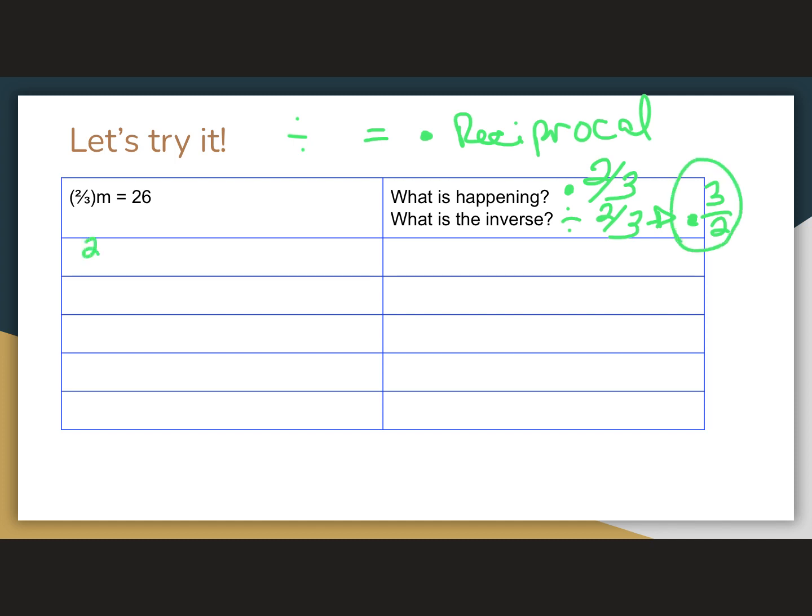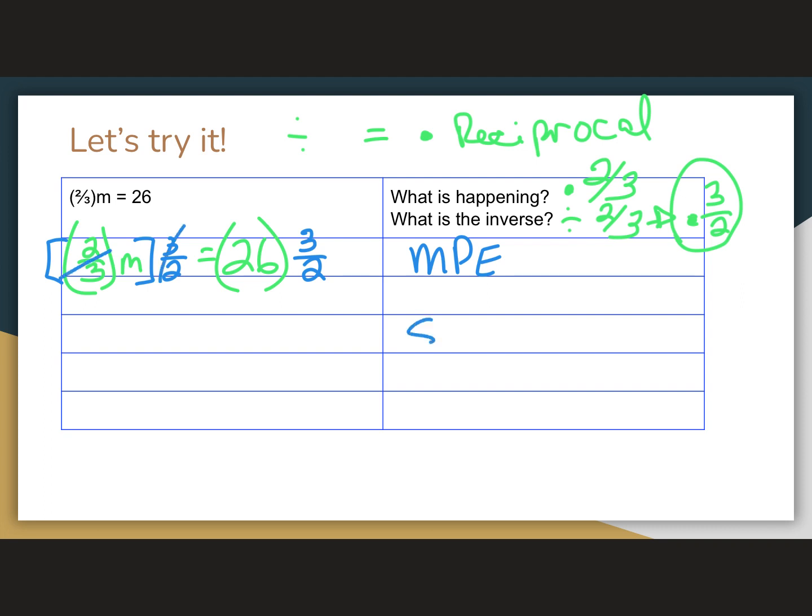So I have 2/3 m times 3/2 equals 26 times 3/2. And this is just our multiplication property of equality. We could say division property of equality if you wrote divisions. It doesn't matter. Okay, so multiplied by 3/2. Here, they're going to cancel. Yeah, we're simplifying. I'm just skipping the line so you can see it. So this is our m